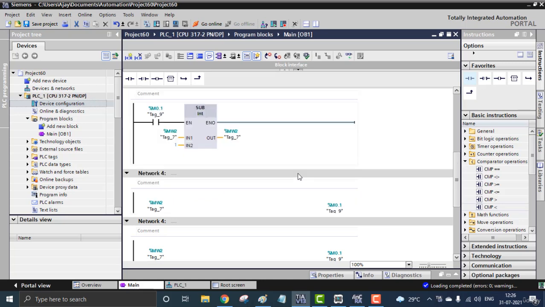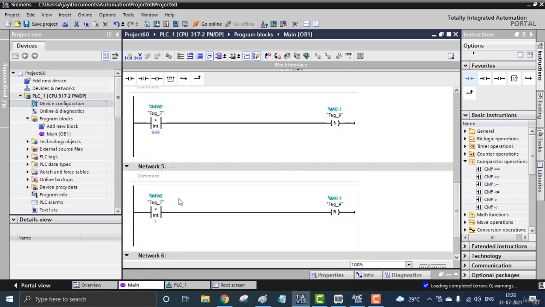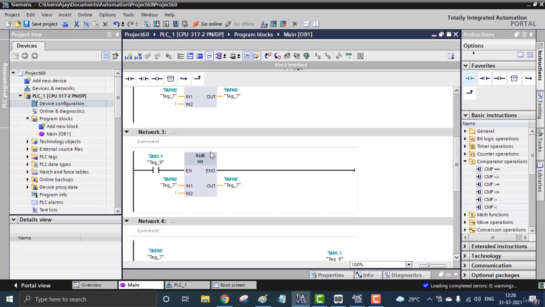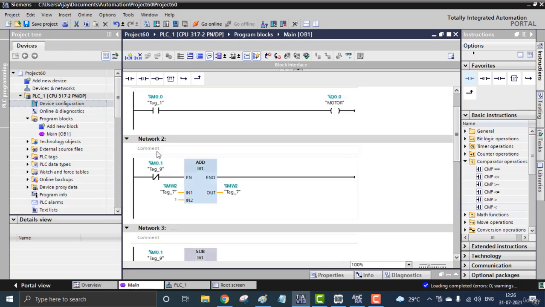Now we get the subtraction block. When it is subtracting and keeps going and reaches below 1, that means this contact, you can see this is the less than comparison. The symbol you can see is less than and greater than. So when the MW2 value drops below 1, M01 will be reset. That is a set and reset. When it is reset again, the subtraction will no longer be working, M01 will be gone, and there goes the addition again. So that will go up, down. Let me show you.